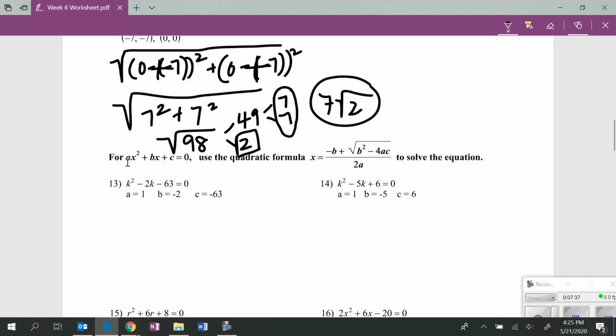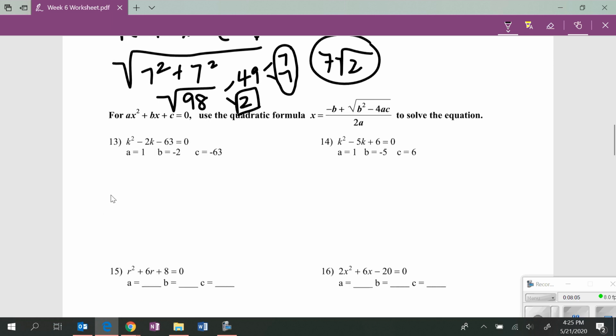Here we've introduced to you the quadratic formula. X equals negative b plus square root of b squared minus 4ac all over 2a. And we use this equation to solve for x when you have an equation that looks like this: ax squared plus bx plus c, where a, b, and c are just numbers. They are coefficients. Okay,